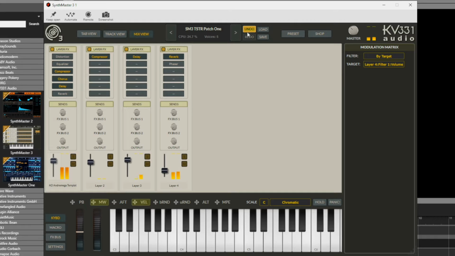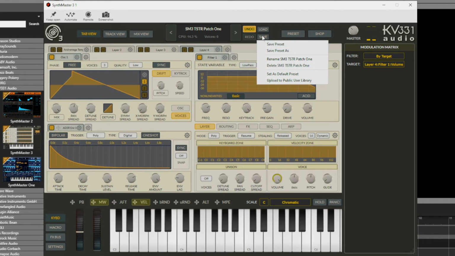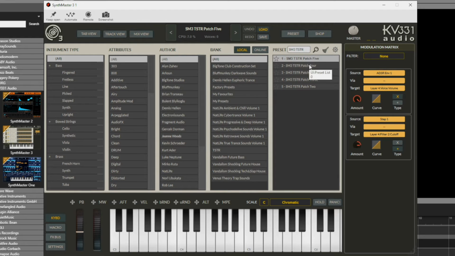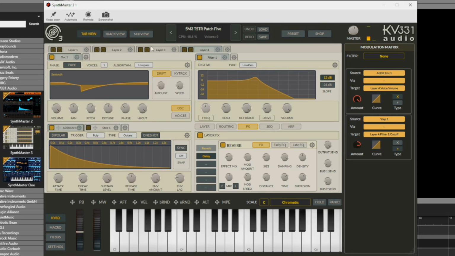Awesome stuff. So I'll just go, right, okay, let's go back to our tab view here. Let's just save this, save preset, and that'll be added to my first one. If we go to load now, I am going to go back to that patch we've just been looking at. And I'm going to make a few adjustments to that as well, because I wanted to, on our layer 4 here,